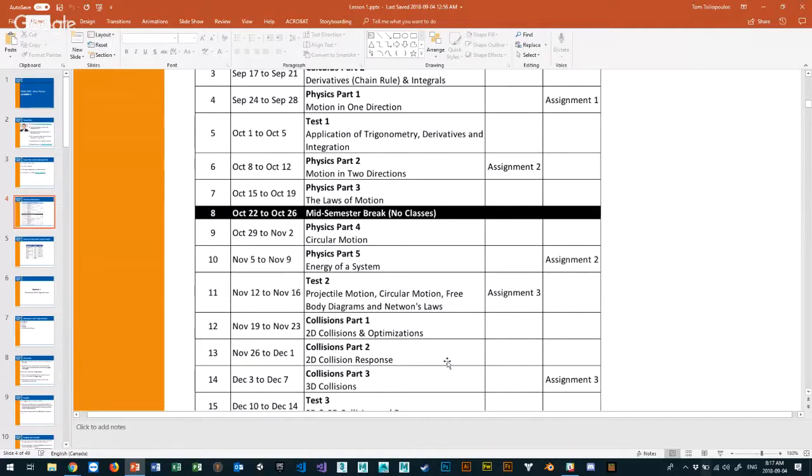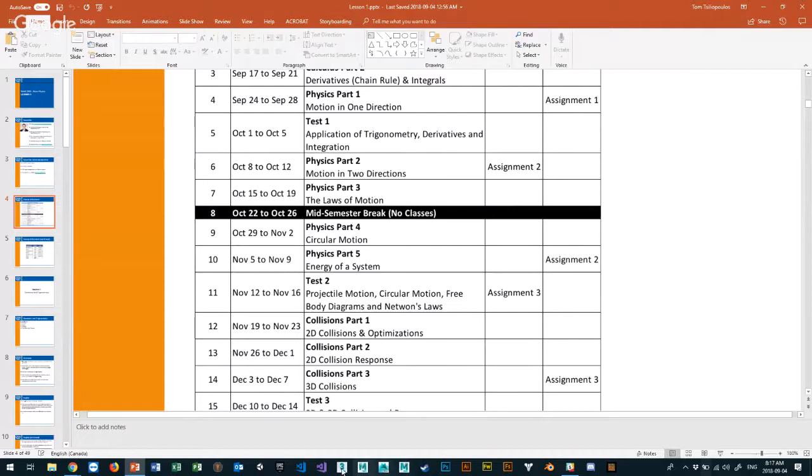So assignment 1, you have a couple weeks to do it. Assignment 2, you have 3 or 4 weeks to do it. And assignment 3, you have pretty much half of the second half of the semester to do it, right? Because there's more stuff. There's programming, there's a little bit of graphics, there's some other stuff that you have to do. So assignment 3 is more difficult.